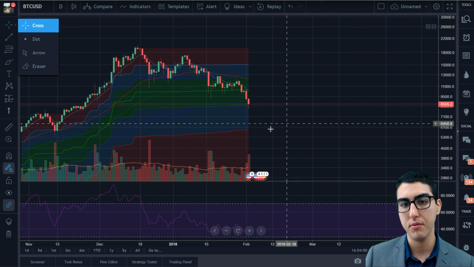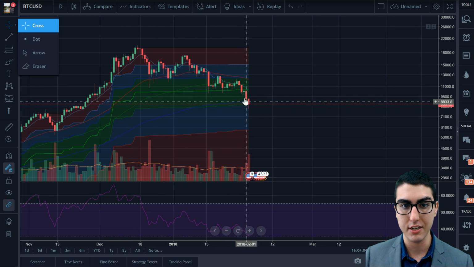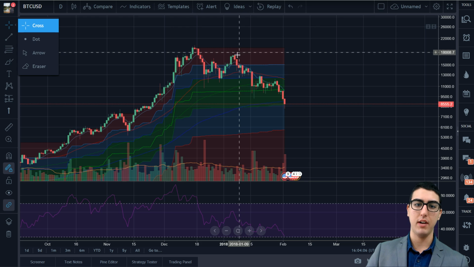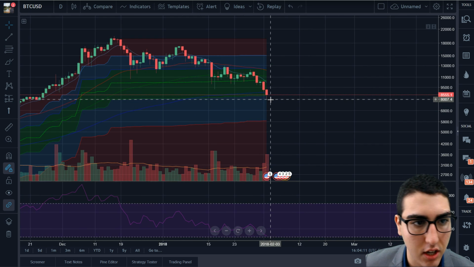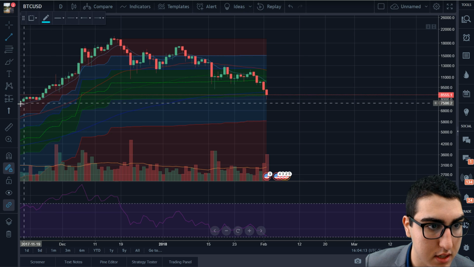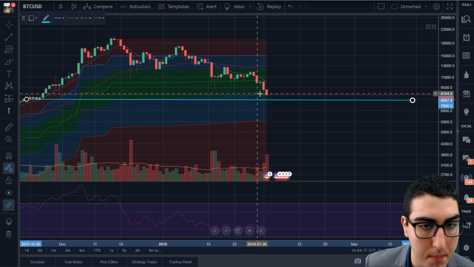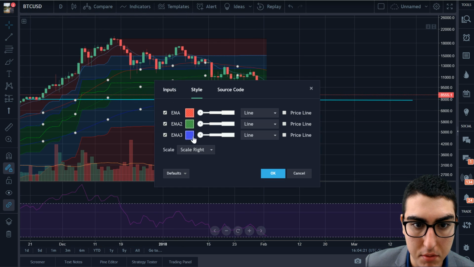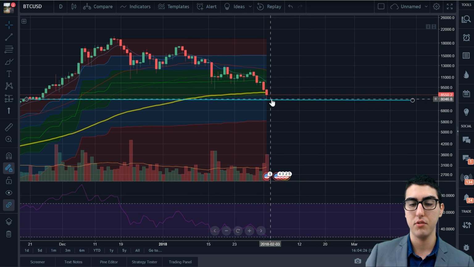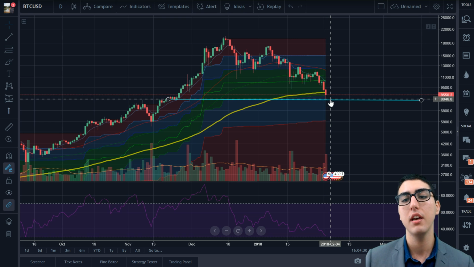So looking at Fibonacci right now, you can see we're currently finding levels of support right along this green Fibonacci level. And what's interesting about Bitcoin's correction is we bounced right on top of that 7,900 level, which is where we found previous support back here. And then we bounced right back into that 200-day moving average area. If you guys bold this 200-day moving average, you can see it's going to be in yellow. If we darken that, that's the 200-day moving average. We're right along that line right now where we expected to find some sort of support,